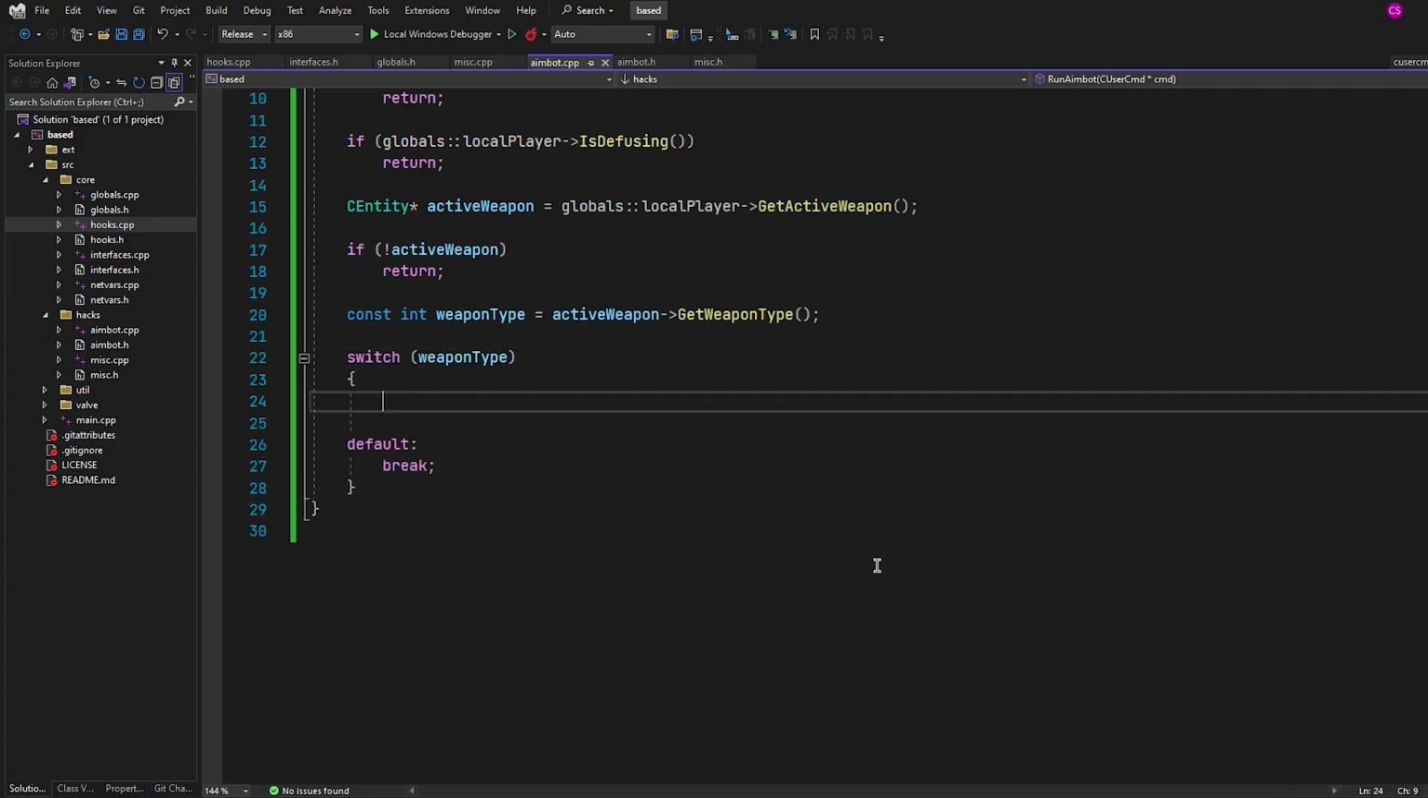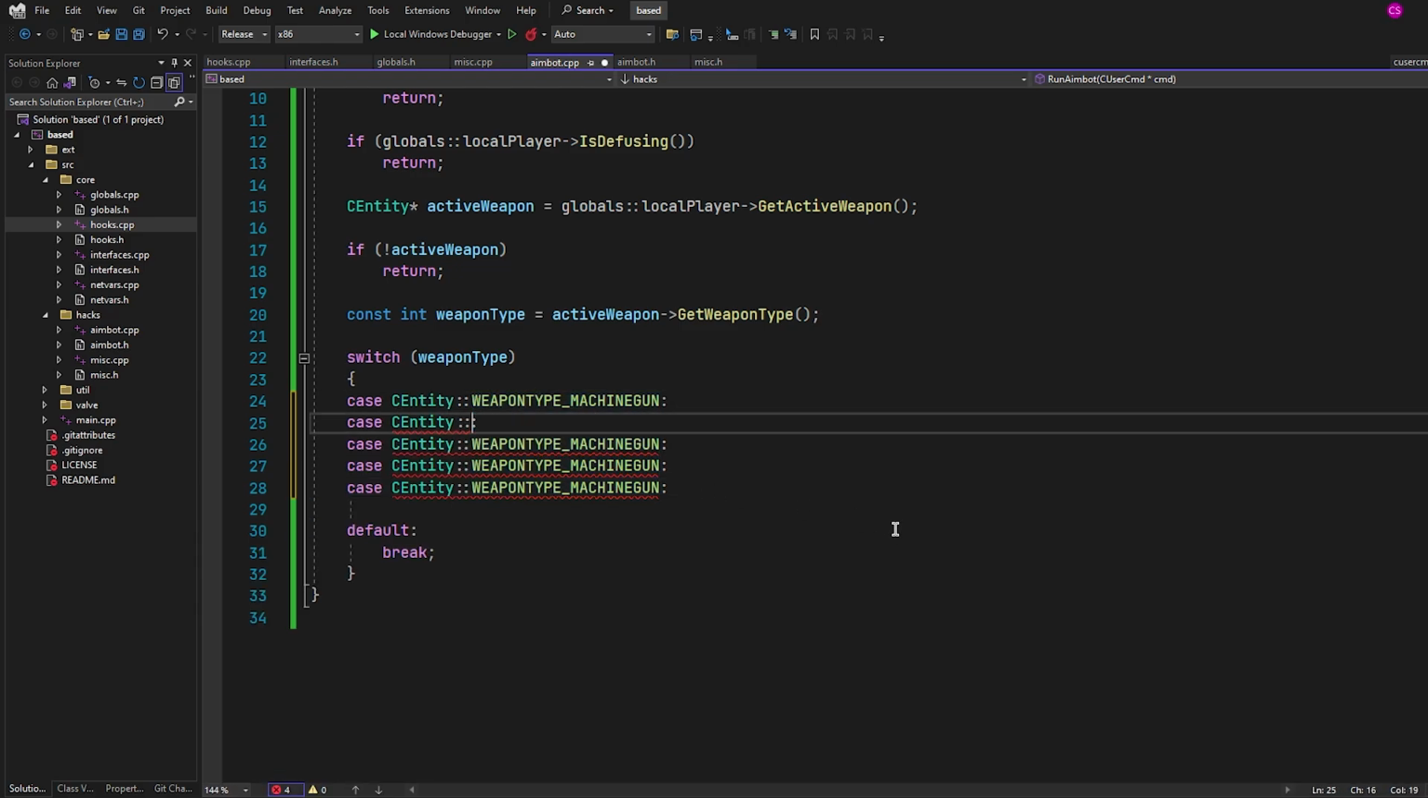Now the weapons that we want to let through, right? So let's go over this. We're going to say case CEntity, and we want to let through, first of all, machine guns. Make a couple copies of these, WEAPONTYPE_